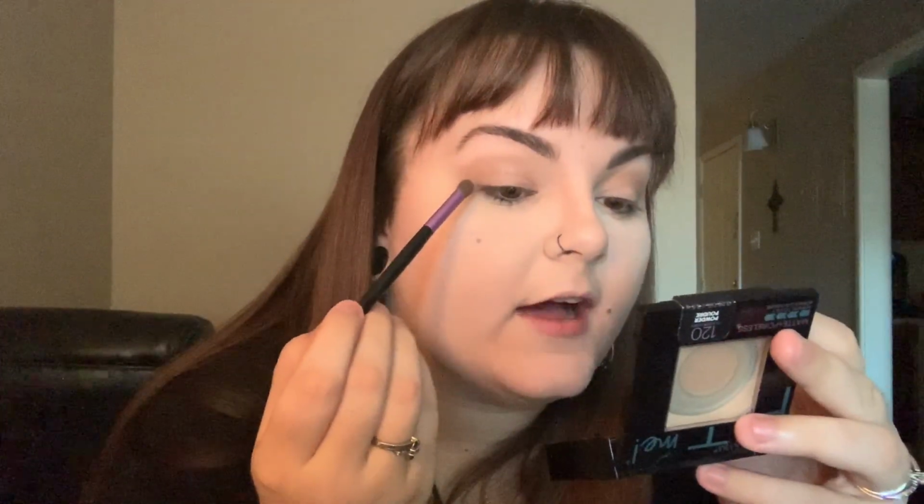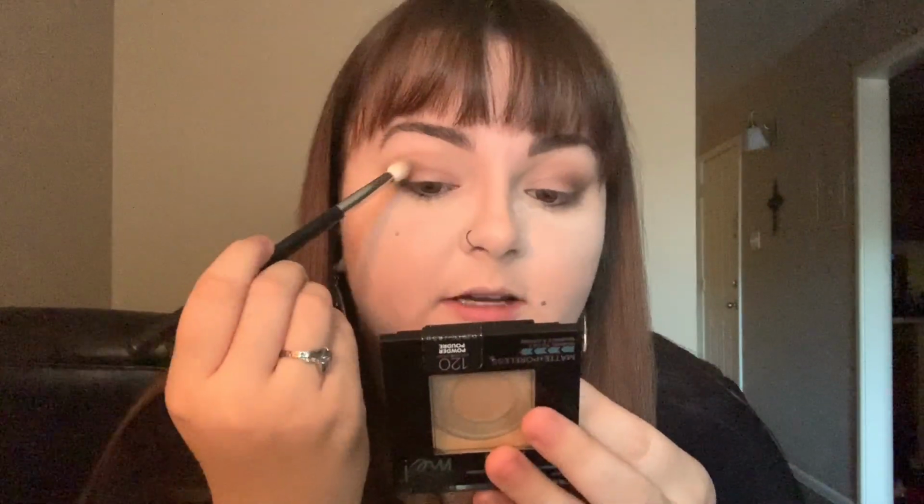And I will actually stamp it on the outside of the eye a little bit and focus more just on the crease, and I'll try to stay on the outer portion here. So once I do that, I'll go back to the other brush that I just used, and I will go right in between those and just blend this out. I didn't pick any more product up, I'm just gonna blend it. So once I got that done,